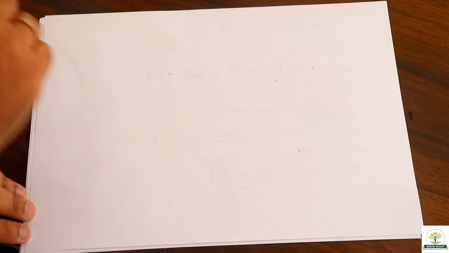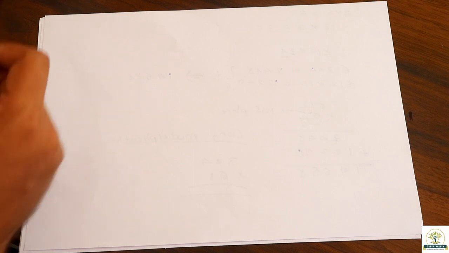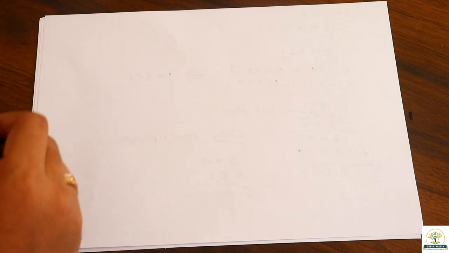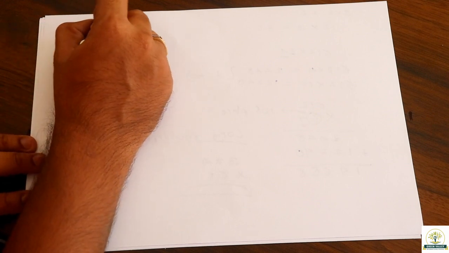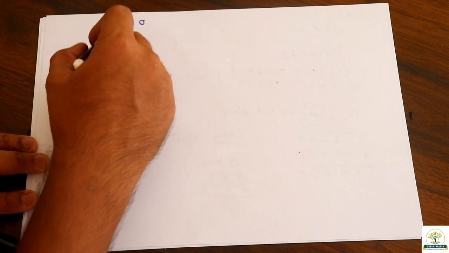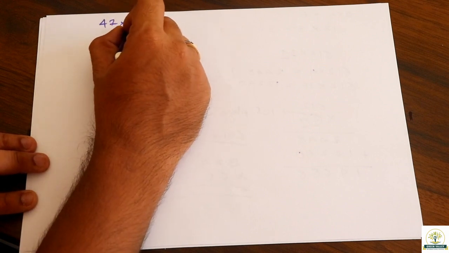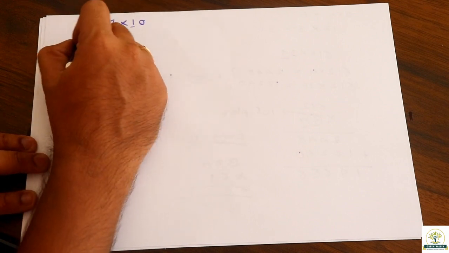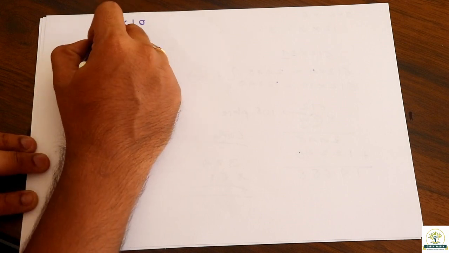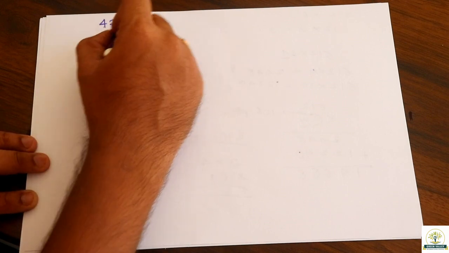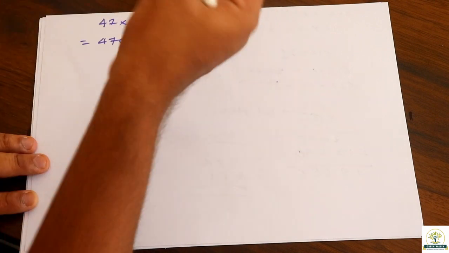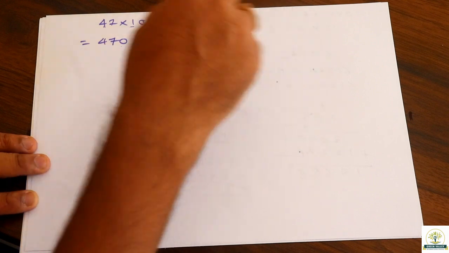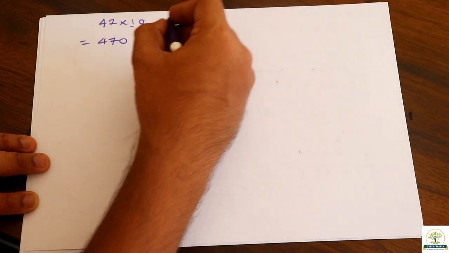Now we will see multiplication by 10, 100 and 1000. It is really easy. I don't need to teach you that also, but let us discuss it once. When we multiply by 10, let's say I am multiplying 47 with 10, I have to just multiply with this number and not the 0. That is 47 into 1, that is 47 ones are 47, and put this 0 behind it. And I will do the same no matter how many zeros are there.